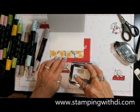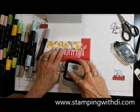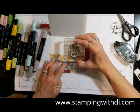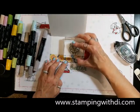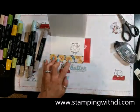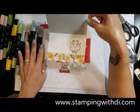Okay, so I'm going to ink up William Senior Goat, and I'm going to put him here on the inside. Now, I'm not going to color him because I stamped him directly on the note card. And if I color him,